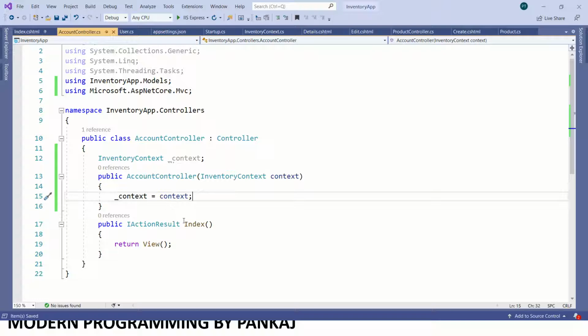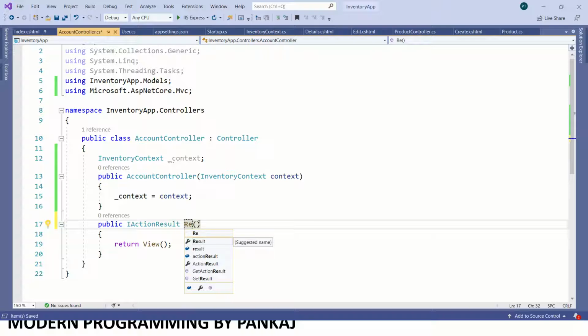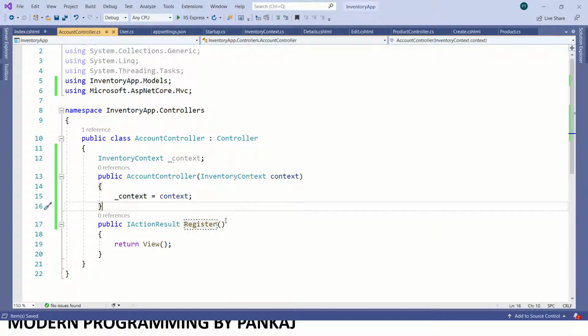My context is available now. Now I need to create one action for register. Give it a meaningful name, registration or register. Okay, so this is the name which I have given.